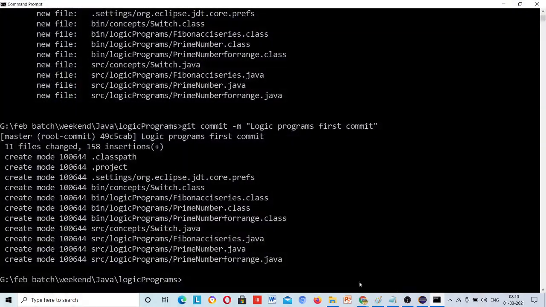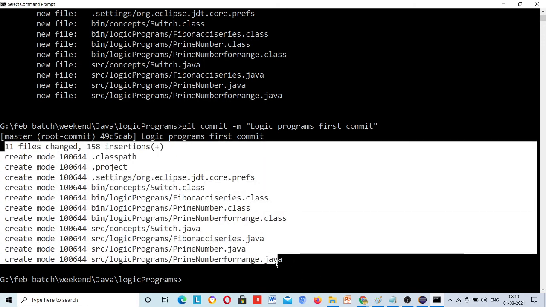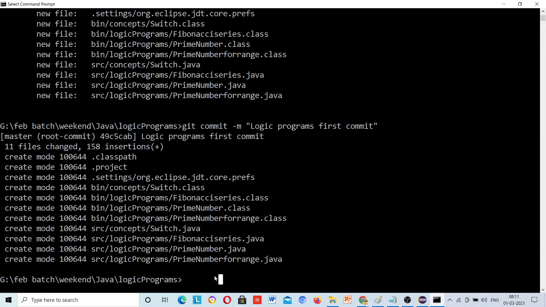This code is committed to the software and is ready to go to the cloud. You have added the files and committed them. But how will this software know which location in the cloud you want to push this code to?